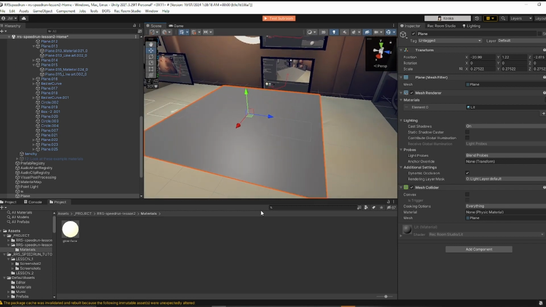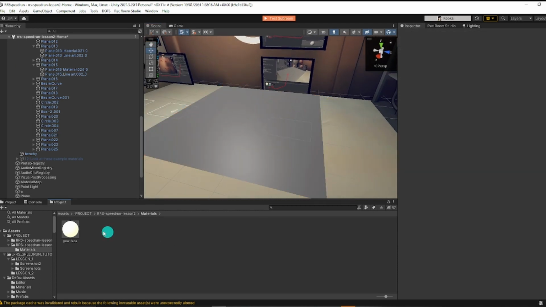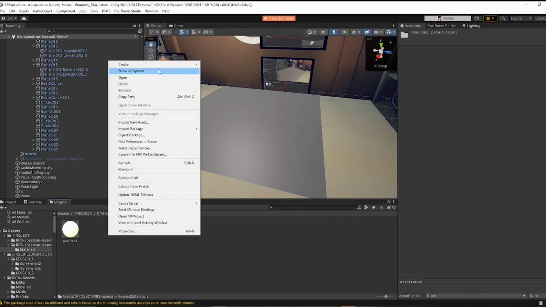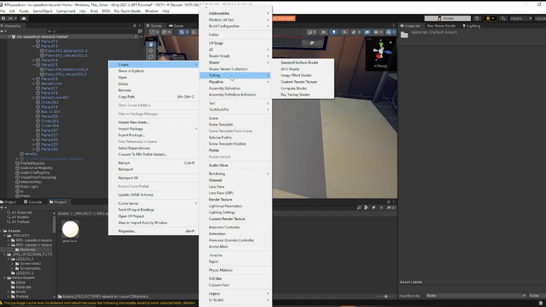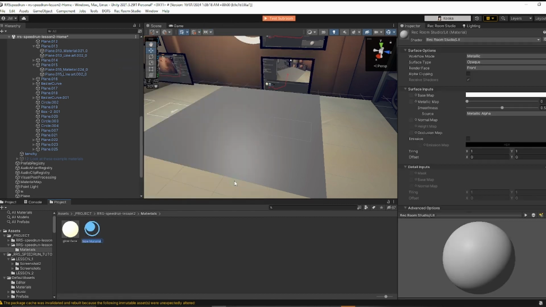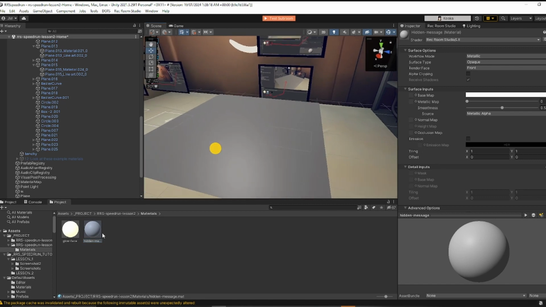Shift that over a little bit. And then we'll make ourselves another material. So back in our materials folder in the project panel, we'll right click. Once again, we'll go up to create. We'll go over to material. And we'll call this one hidden message. And then on our hidden message material,